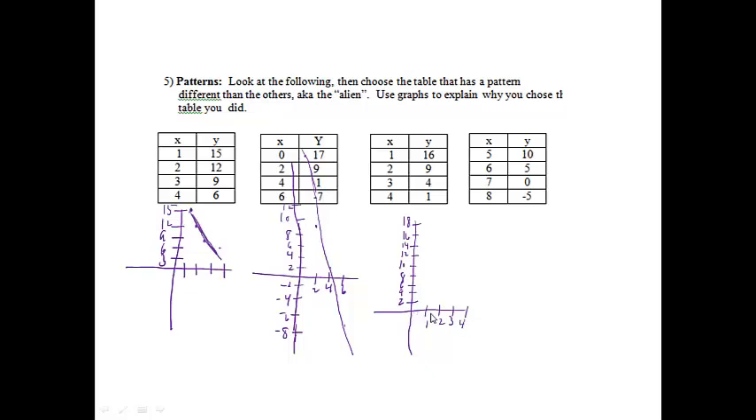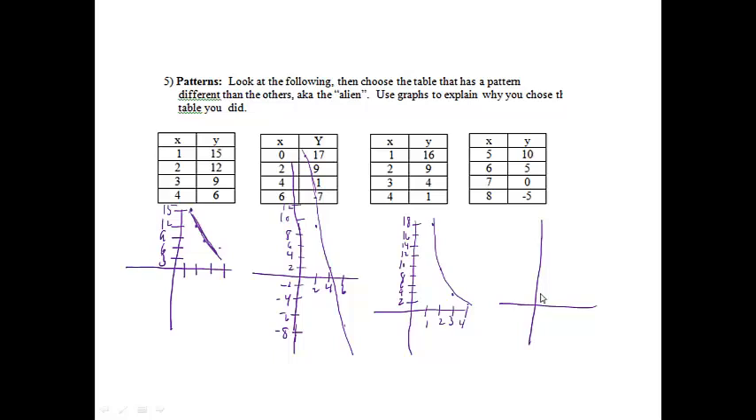Right, so I'm going to go over 1, up 16. I'm going to go over 2, up 9. I'm going to go over 3, up 4. And I'm going to go over 4, up 1. So this one, it didn't quite make a line. It made a little bit more of a curve when I did that. And then the last one,